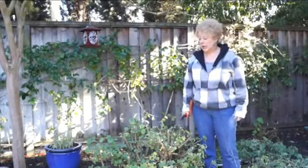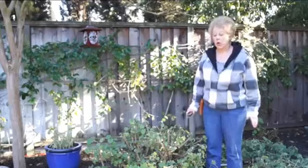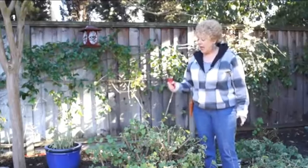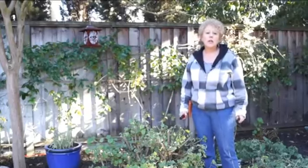So, done with the pruning. I don't want to cut it back anymore. This will ensure that it comes in nice and lush, and this is what these Lavateras really need once a year,